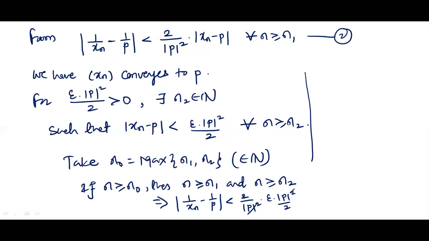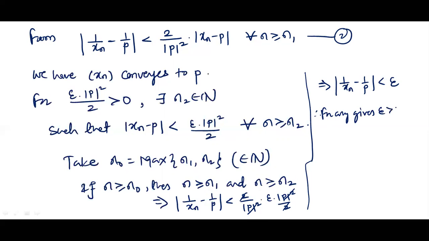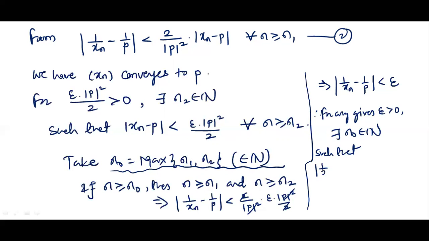See, mod p square cancels, 2 cancels, and it remains that mod of 1 by xn minus 1 by p is less than epsilon. Yes. Therefore, we got for any given epsilon greater than 0, there exists a natural number n naught such that mod of 1 by xn minus 1 by p is less than epsilon for all n greater equal n naught,